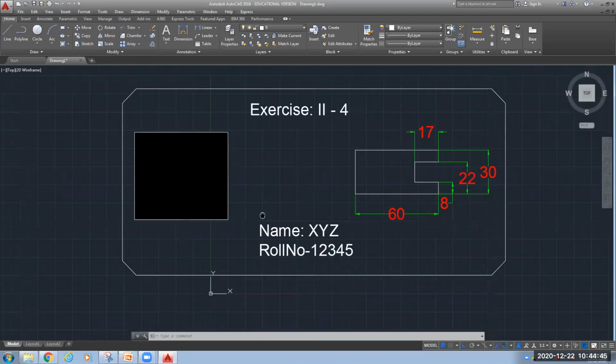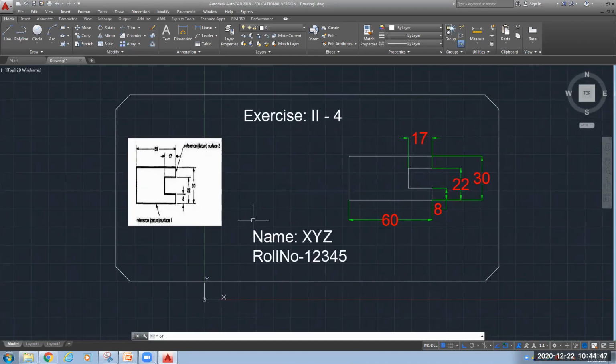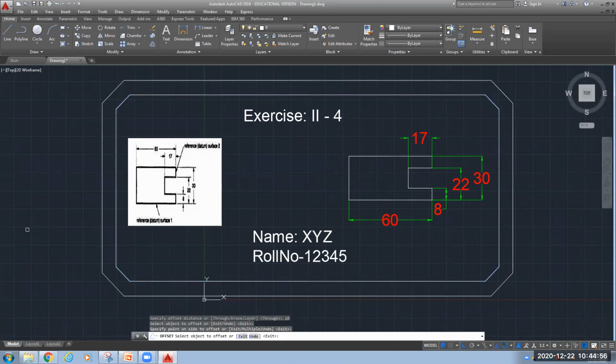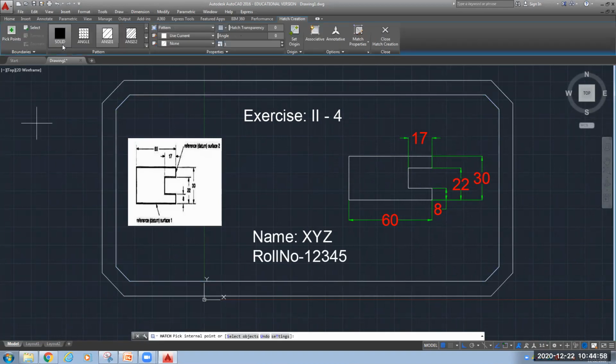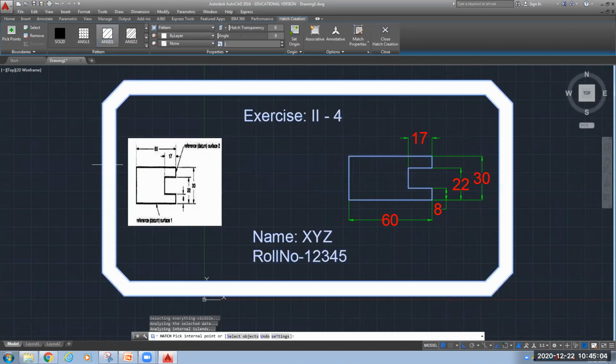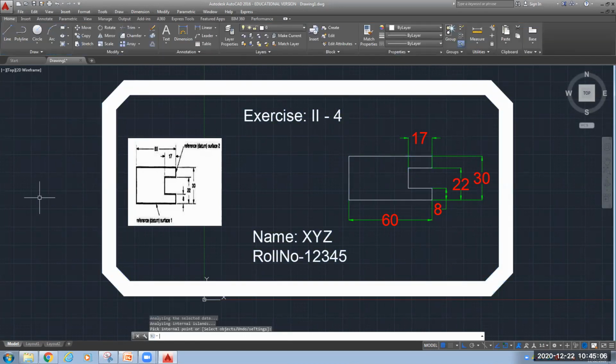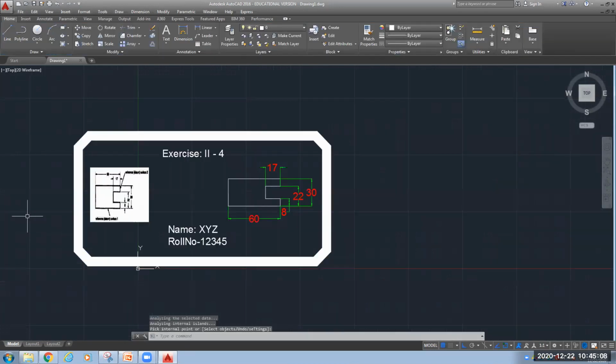Once again, we will build it using the offset command. I will use offset. Distance I will keep 10. Select the object and make it outside. Then I have done the hatching, let's keep the default only. Select the internal pick point and press enter. So this is now the figure.